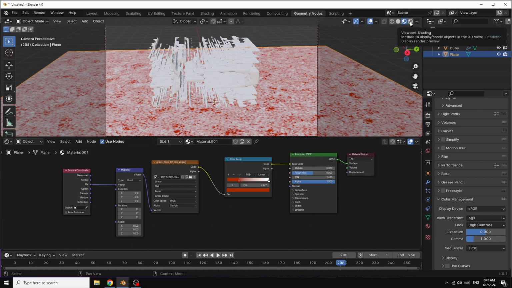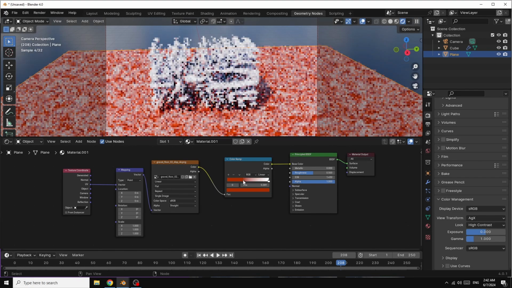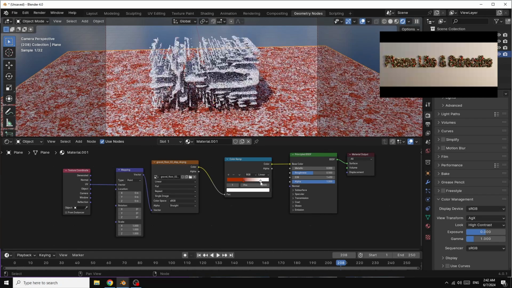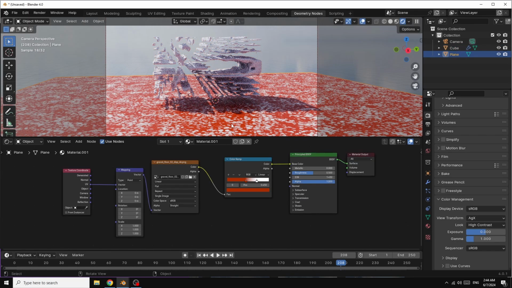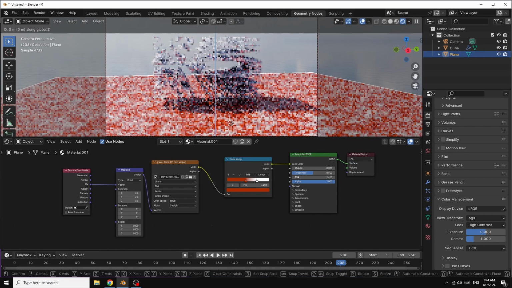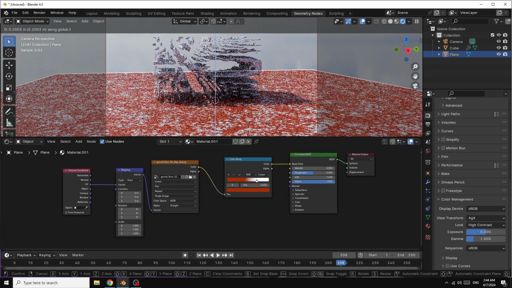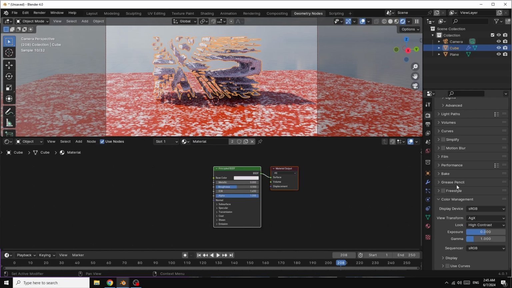To see that, I go here in viewport shading, to see how it looks. I select this, the plane, G, Z, to make it near the object, and I select the object.